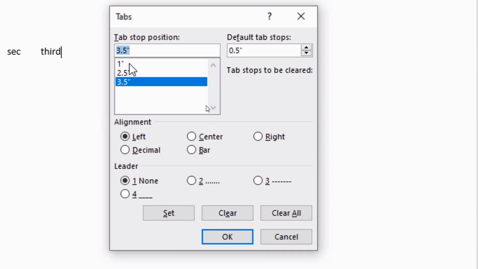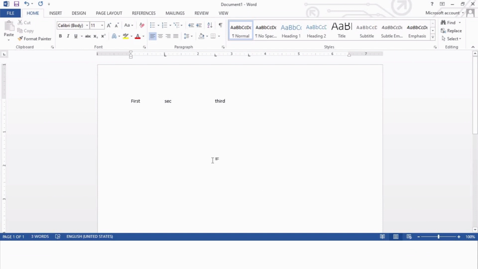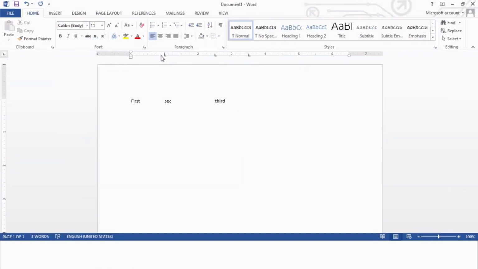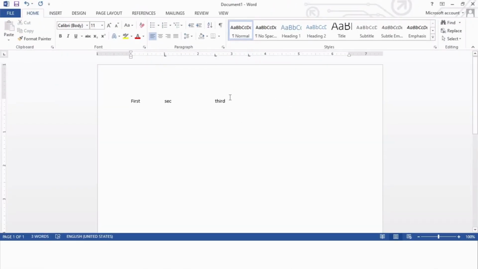When you type text at these stop positions, you can set the alignment of the text also, whether it is aligned left, center, right, like this. Now we click on this OK button. So I press this OK button. Now you will find a difference on your ruler line, that you are getting these L-shaped marks over here. What are these L-shaped marks? They are the tab stops. They are the positions where your tab key is going to stop. I have created 3 tabs over here, and on the ruler line you can view them very easily. So this is the way we can set the tab stops.